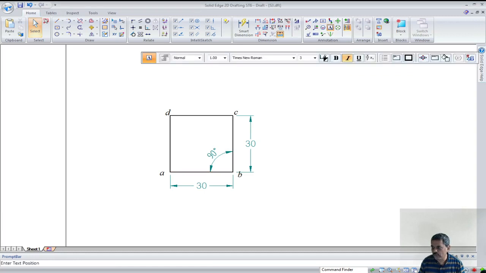And if you want to say what this is all about, this is a square of side 30, where the side AB is horizontal. That means you can annotate like this.